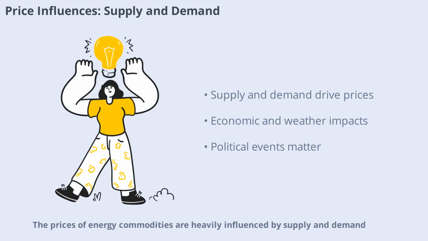Prices of energy commodities are heavily influenced by supply and demand. When supply is high and demand is low, prices tend to fall. Conversely, when supply is tight and demand is strong, prices rise. Factors like economic growth, weather patterns, and political instability can all impact supply and demand. For example, a cold winter can increase demand for heating fuels, while a new oil discovery can boost supply and